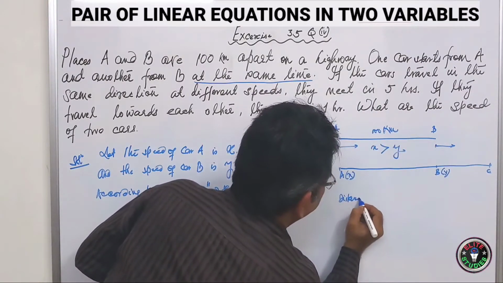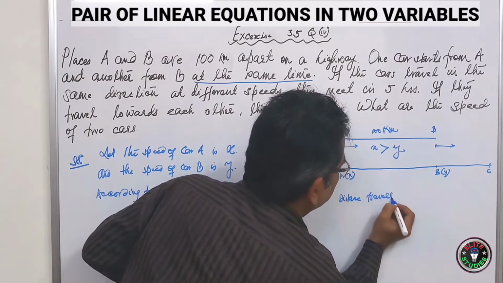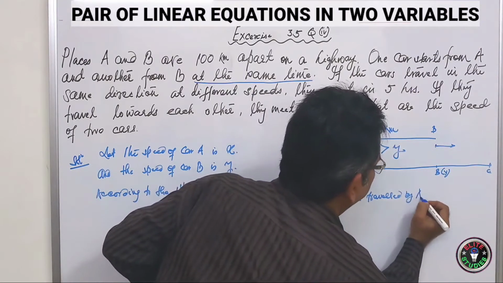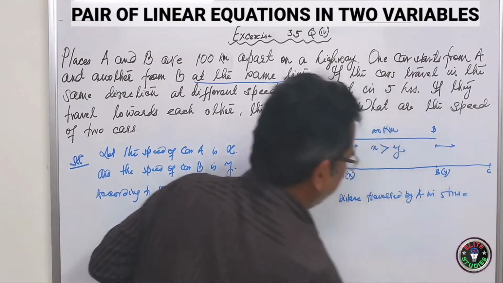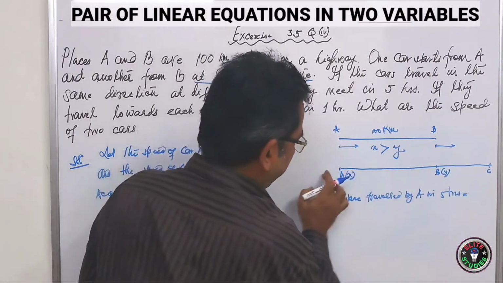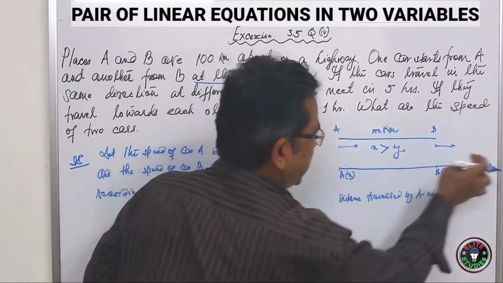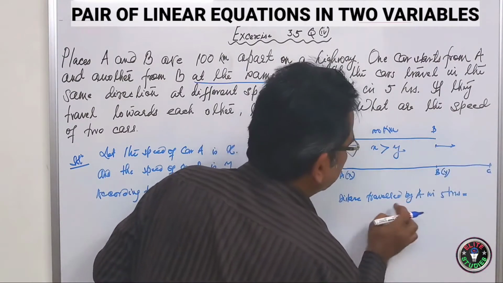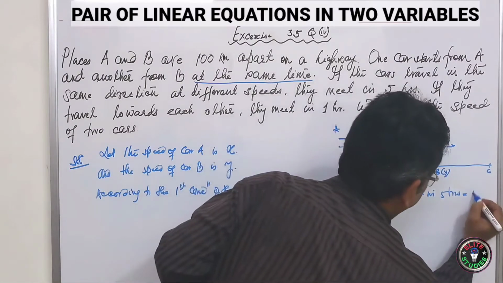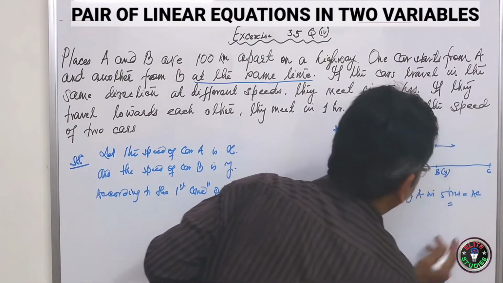Distance traveled by A in 5 hours will be equal to what? Because in these 5 hours, car A has reached C and car B has also reached C. So the distance traveled by A in 5 hours is equal to AC, and that will be equal to